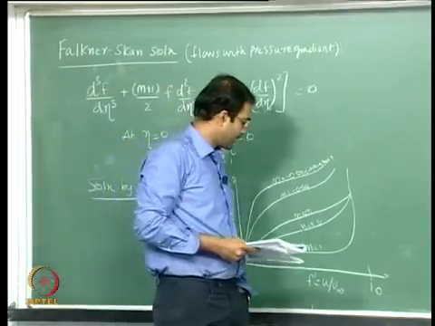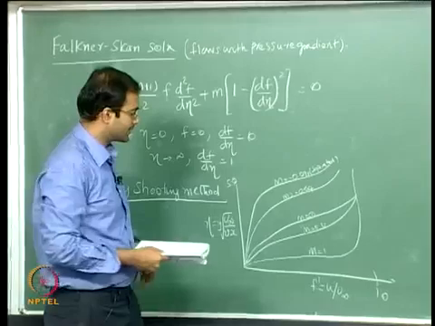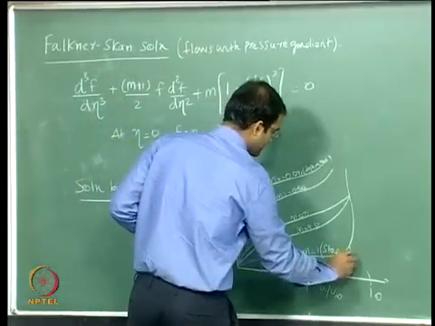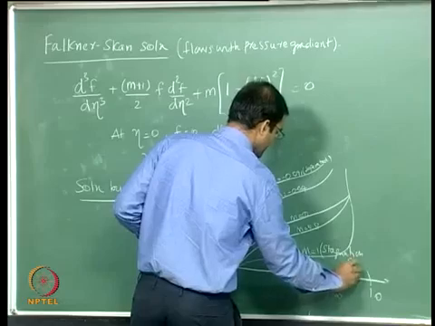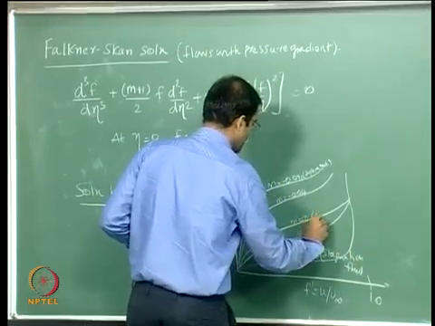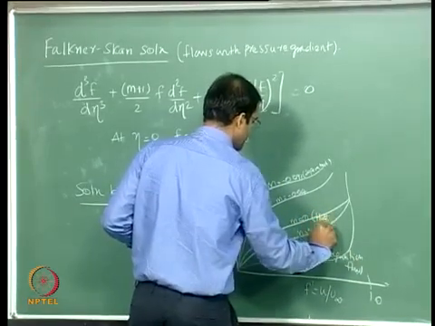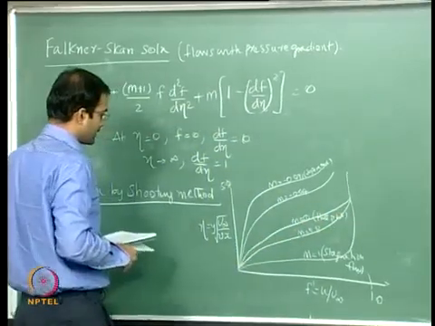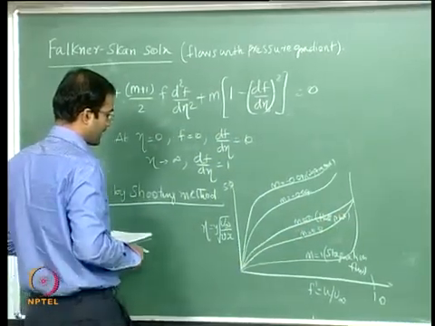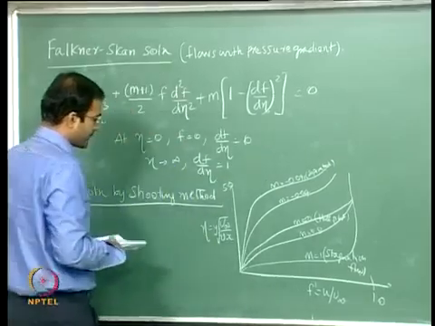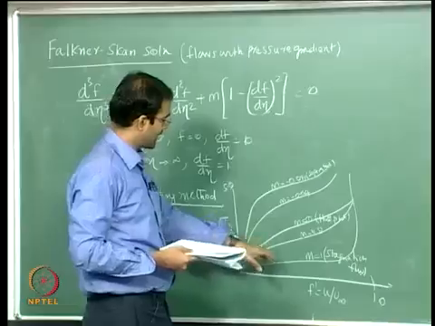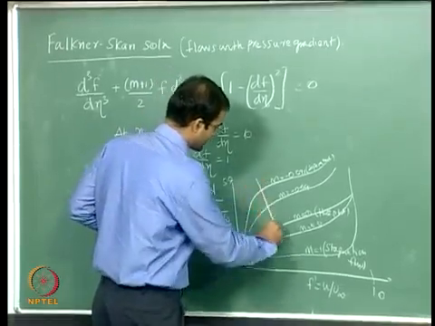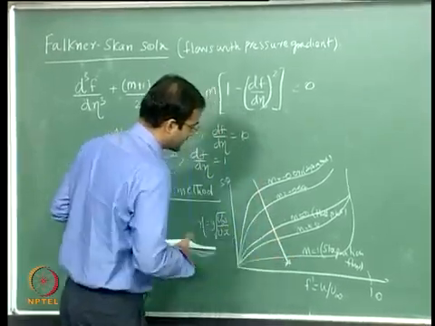So if you look at m equal to 1, this is the stagnation point flow, right, and this is your flat plate. Okay. So therefore, if you look at your values of m, which are basically increasing,